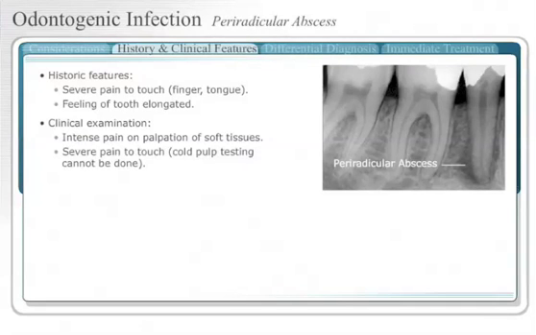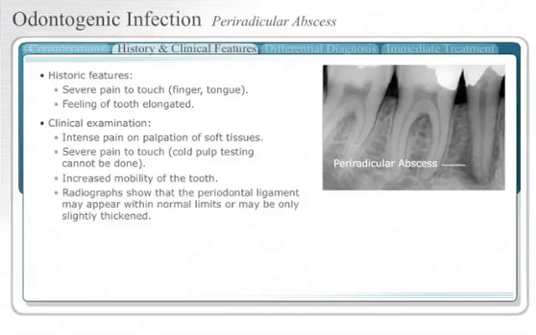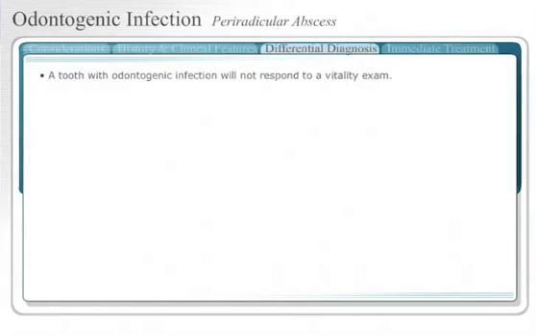The tooth may also show increased mobility, and radiographs show that the periodontal ligament may appear within normal limits or may be only slightly thickened. Systemic symptoms may appear in advanced cases. Teeth with odontogenic infection will not respond to a vitality exam. A tooth that is not vital and fits the history and clinical picture for odontogenic infection should be treated for